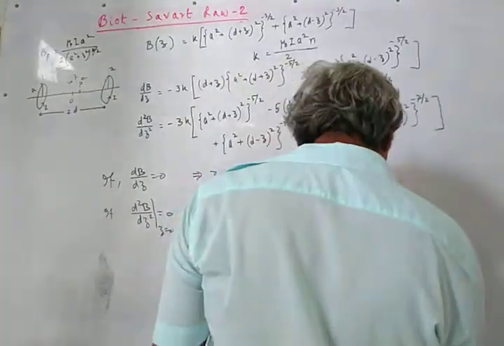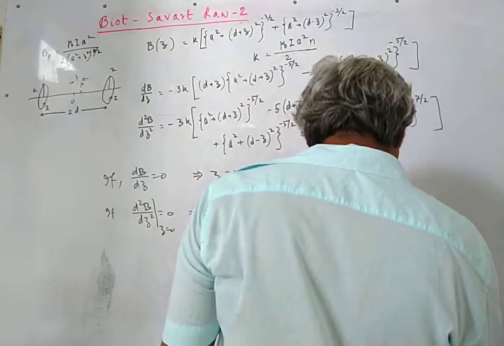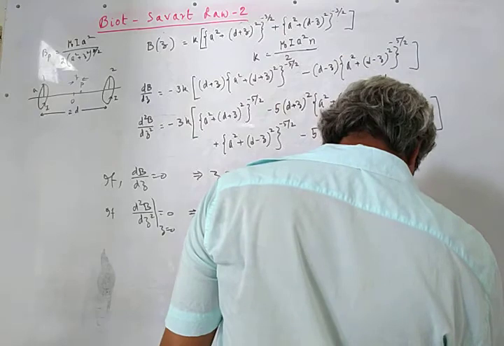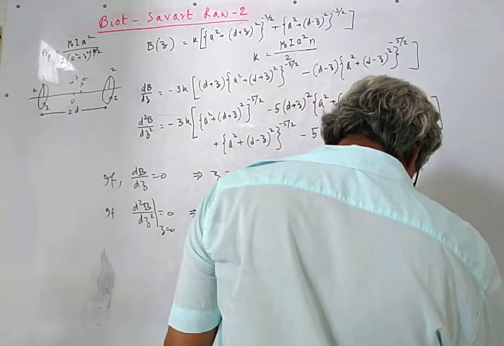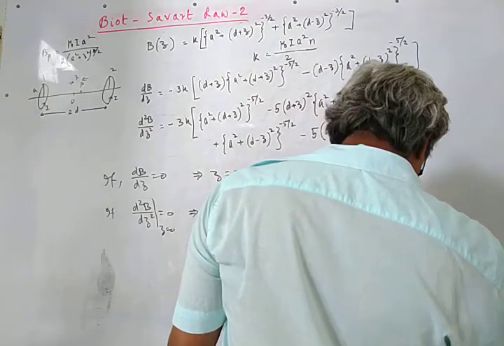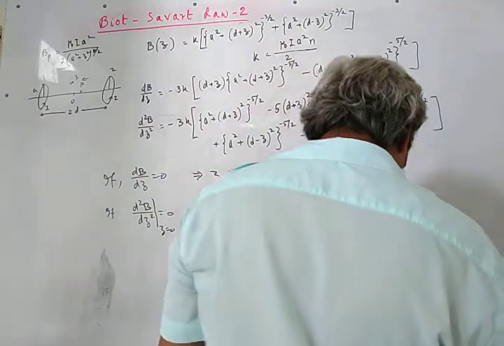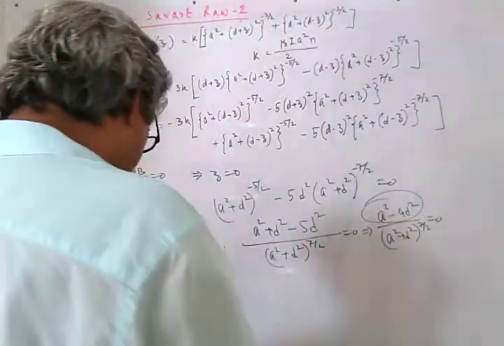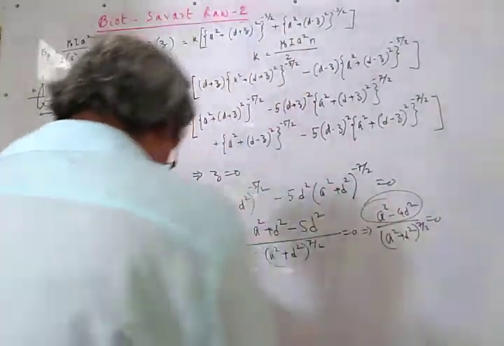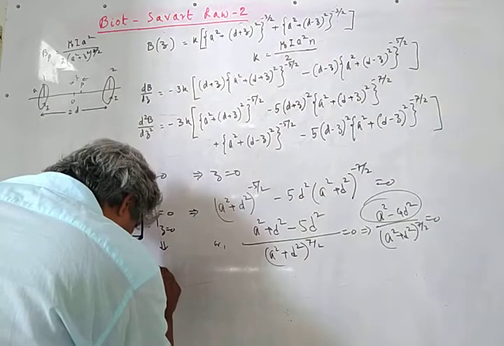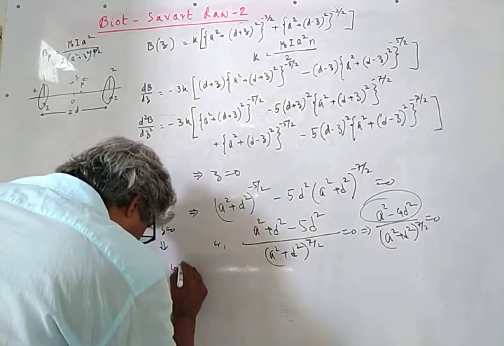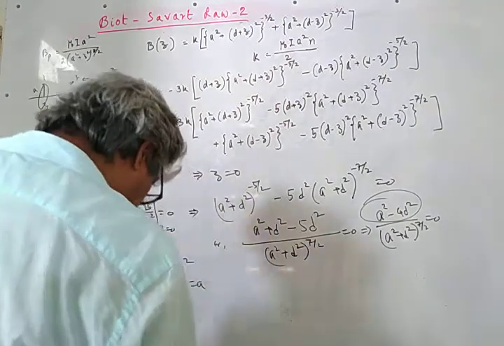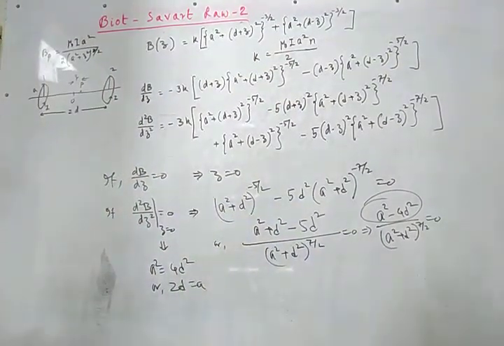That is, (a² minus 4d²) upon (a² + d²)^(7/2) is equal to 0. That is, this part has to be 0. That is to say, for the second derivative of the field to be 0, this gives you a² is equal to 4d², or 2d, the separation between the coils, is equal to the